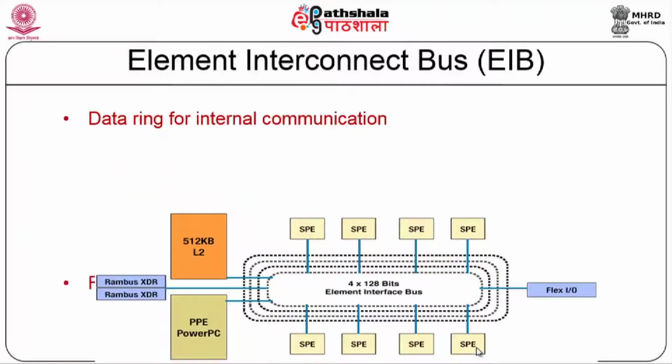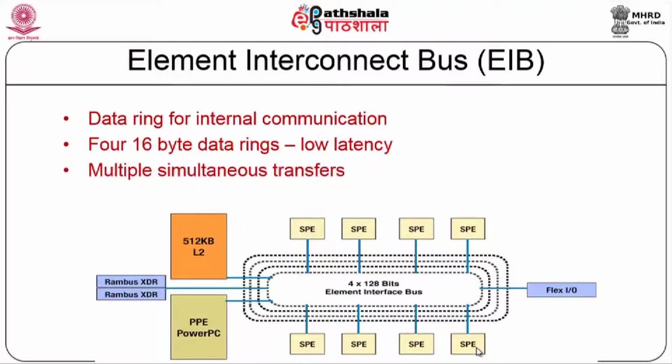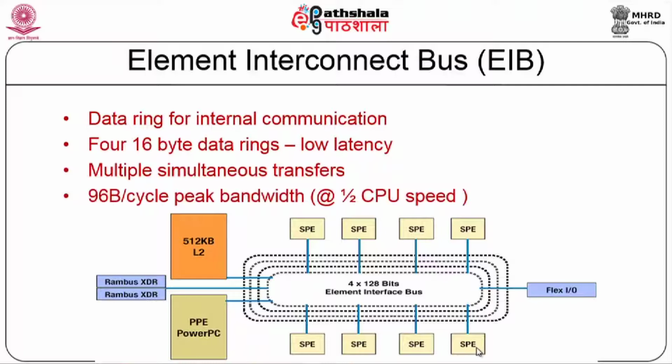So, it is basically a data ring for internal communication. You can have 4 16-byte data rings. It gives low latency for communication, and you can also have multiple simultaneous transfers. That peak bandwidth is 96 bytes per cycle peak bandwidth, which is about at the rate of half of the